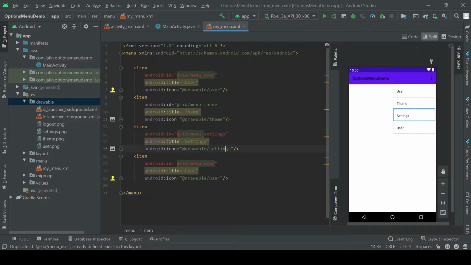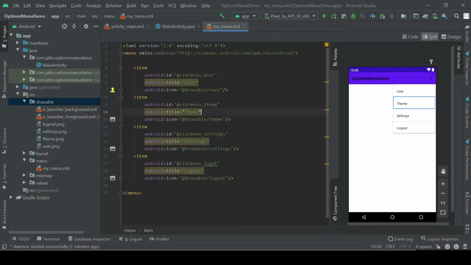Go down and simply change this user icon to logout. Is there? Yes. So let's change this to logout and change this as well, logout. So we missed here, that's fine. So for the time being, your icons are not visible over here. If you want to display your icons as well, you need to implement your own toolbar. Fine. So for the time being, we are not going to implement our own toolbar.